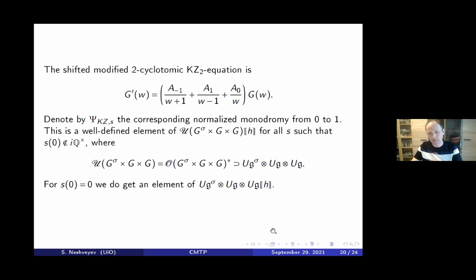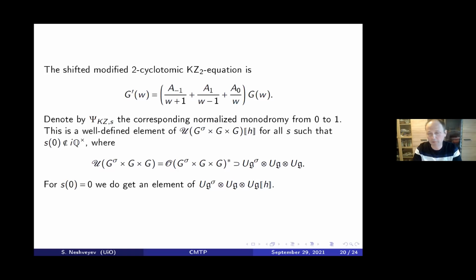So there is also some technical detail: in fact, we wanted an element really here, but if we're careful, we will see that possibly this monodromy is not quite here, but in a certain completion of this algebra. But it does not matter. For modular categories, it is still well defined because we always act only on some finite dimensional spaces. Okay, so this is really a minor point.